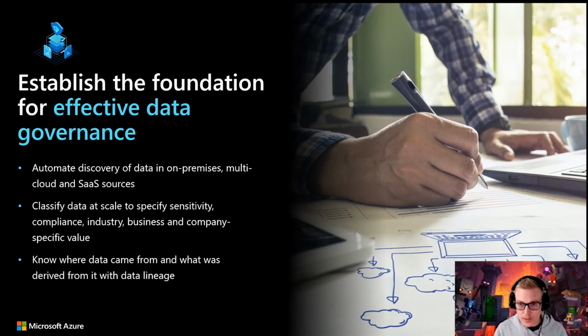What's really cool about Purview is it helps build that data catalog for you. Building a data catalog is hard. You don't want to have to do it manually. Think about how many systems and data sources you have today. Doing that manually just can't scale. So Purview automates the discovery of that data for you. It finds data assets. It classifies information for you, and that's on-premise and in multiple clouds. So Amazon, Google, Microsoft, or some SaaS providers. And what's cool is it automatically classifies